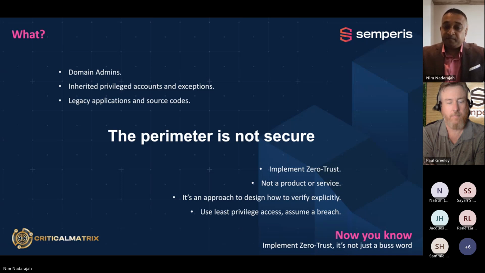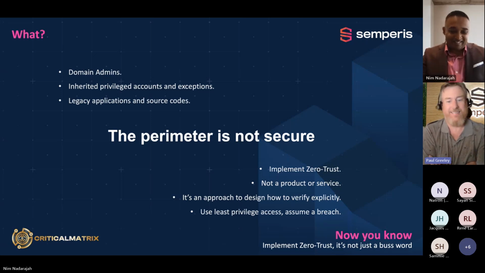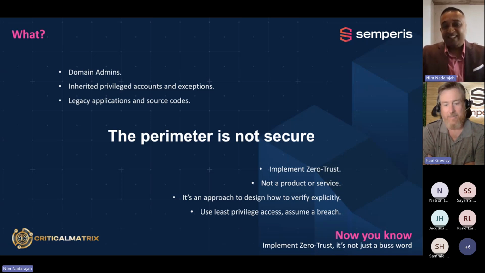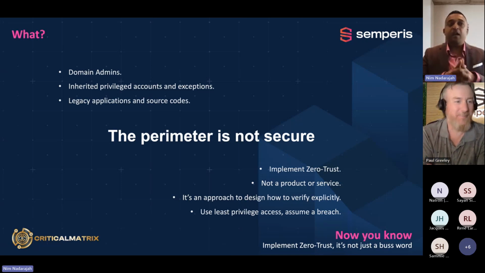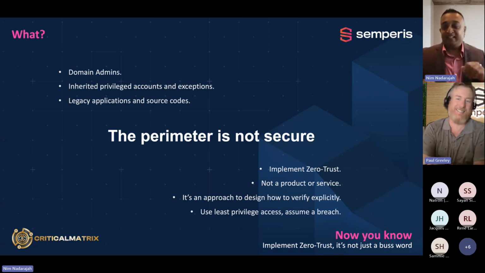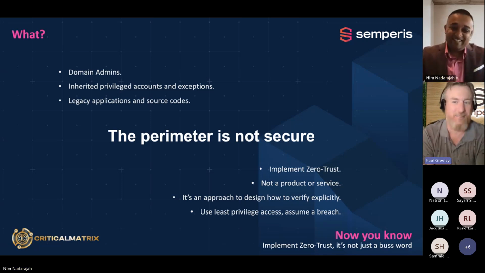Yeah, and the way we're working on that now, and I know, Nim, you don't like the term zero trust, but zero trust, and this is a great point, it's not a product or a service. So don't let someone come in and sell you zero trust. You know who I don't trust? I don't trust the guy or gal telling me, I want to sell you a zero trust solution. There you go. So zero trust is all about securing and gaining visibility into your environment and assuming breach. So trust no one. Treat it like it's coming from the internet and you don't know what this device is, even though it's a managed device. But authorize and authenticate everything.